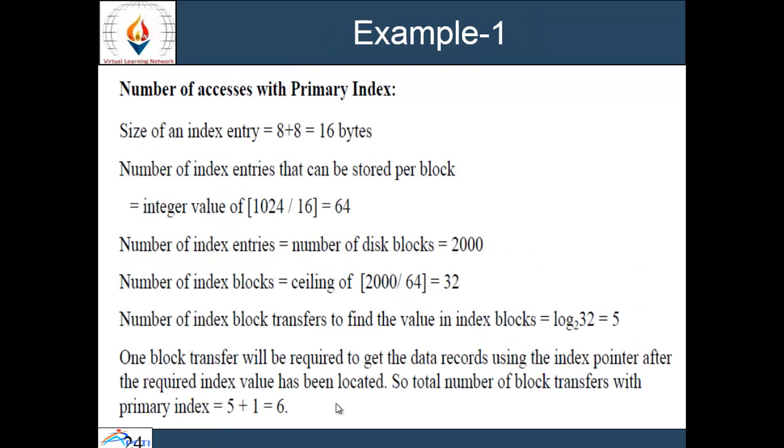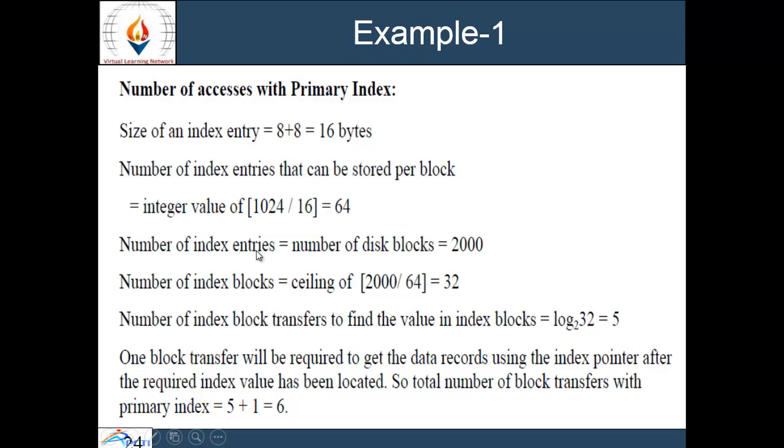Those are the number of accesses without the primary index. Now to find the number of accesses with the primary index, first the size of an index entry is 8 plus 8, that is 16 bytes, because 8 bytes is for the ordering field and 8 bytes is for the block pointer. The number of index entries that can be stored per block is the integer value of 1024, because one block size is 1K, divided by 16, the size of an index entry, which is equal to 64.